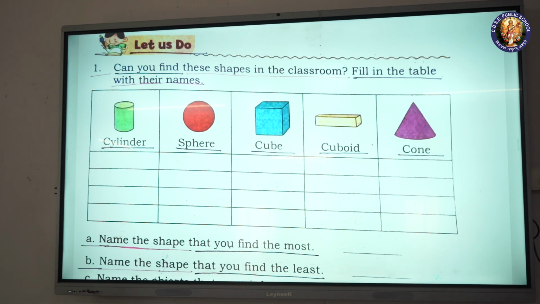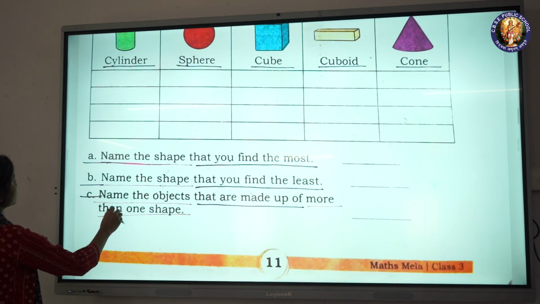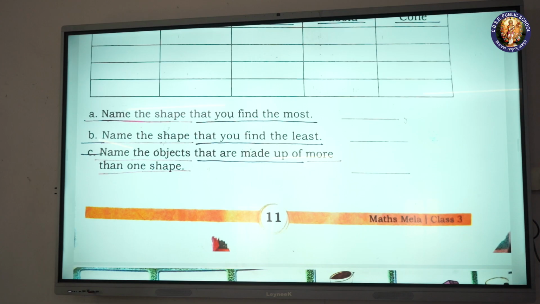A. Name the shape that you find the most. B. Name the shape that you find the least. C. Name the objects that are made up of more than one shape.